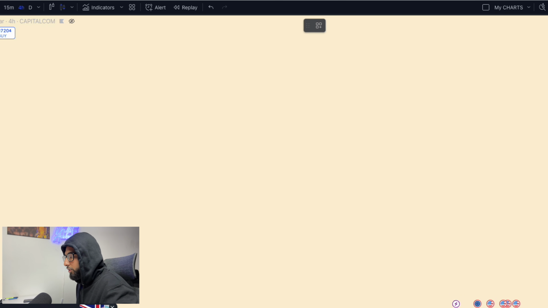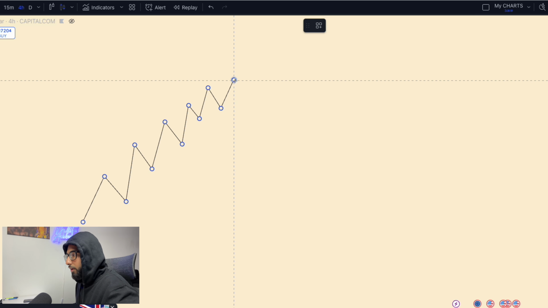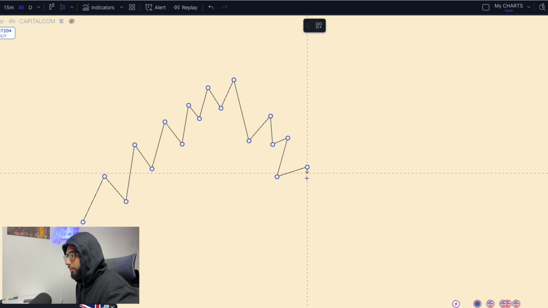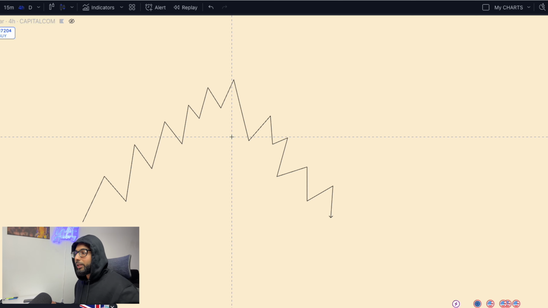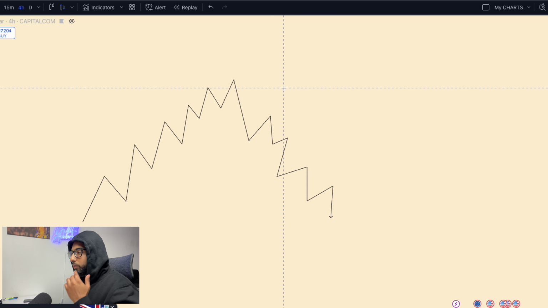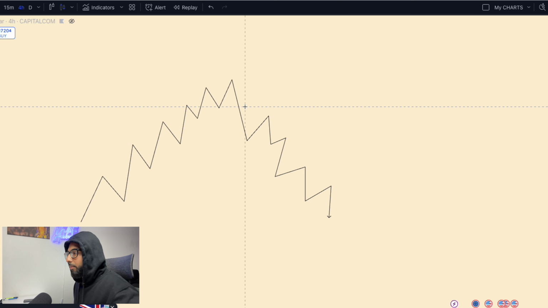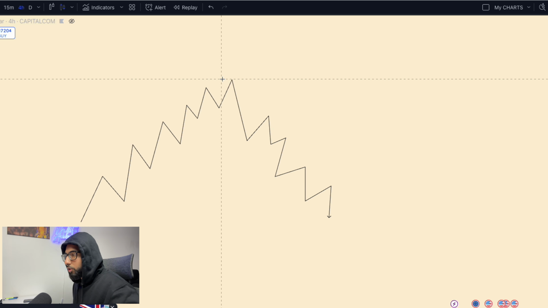So for example, if I drew an uptrend like this, and then I started to draw a downtrend, when do we know when the market is going to the downside? What is signifying that? There's a few things that after a while you start to realize. The first thing I would say is that the market will always do a reversal pattern. That could be a double bottom, head and shoulders, or any other reversal pattern